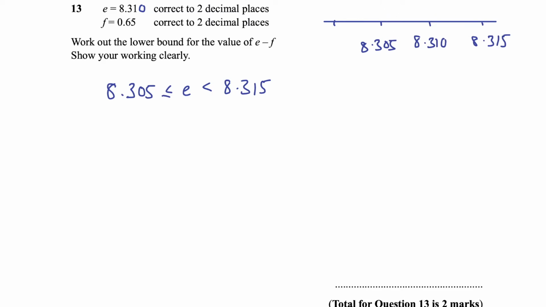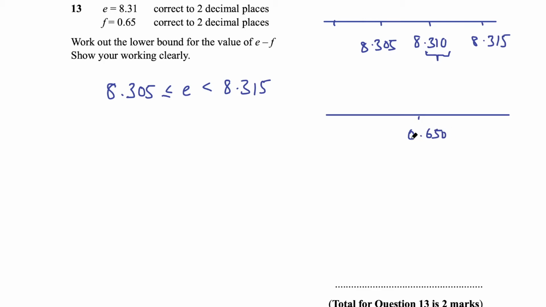So when it says correct to 2 decimal places, once you write it like this, you can think about this number as 310, and then you're rounding off to the nearest 10. So you can change that to rounding off to the nearest 10 if you find that easier. Same for the next one. So if you want to use this strategy for F now, draw out your number line, and remember we're thinking about this as rounding to 2 decimal places, so you need to write this to 3 decimal places. This would be